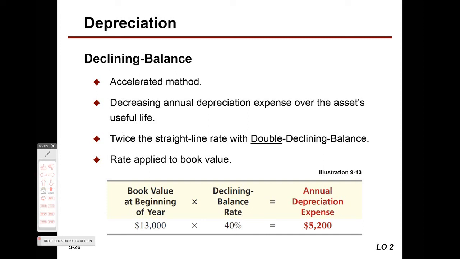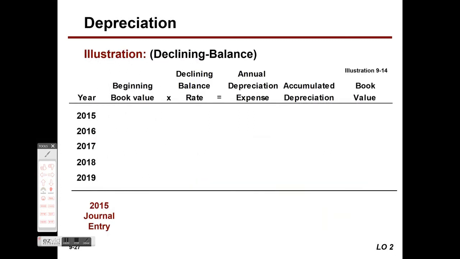We don't subtract out the salvage value when we're using a declining balance method of depreciation. So we take the purchase price and then double the straight line rate, which was 20% for 5 years. So we double that and take 40%. And first year depreciation expense is